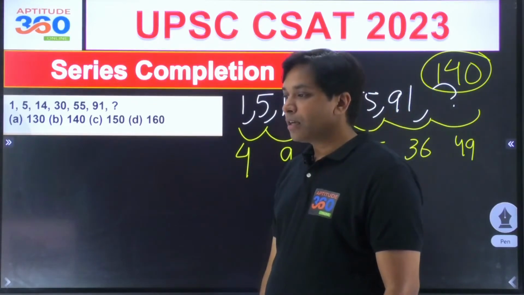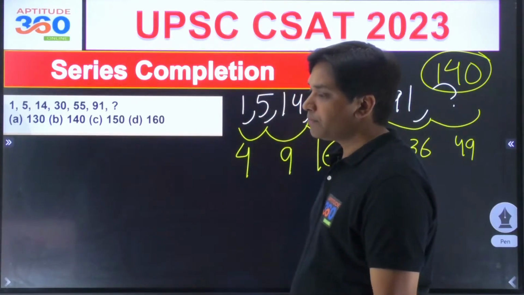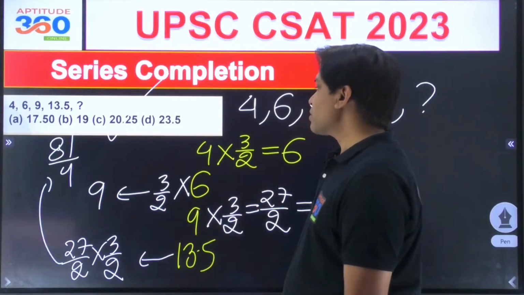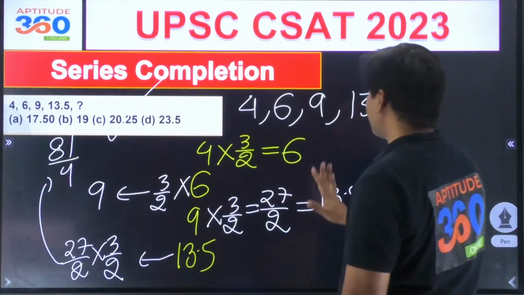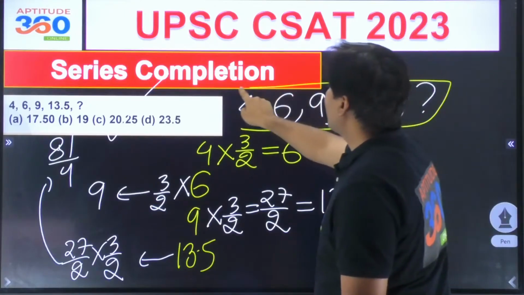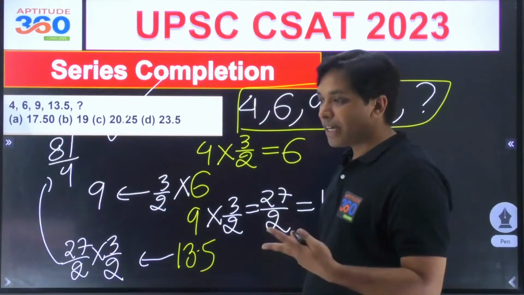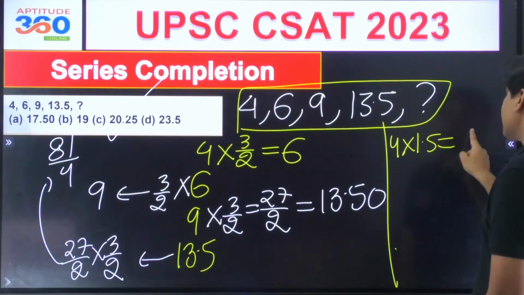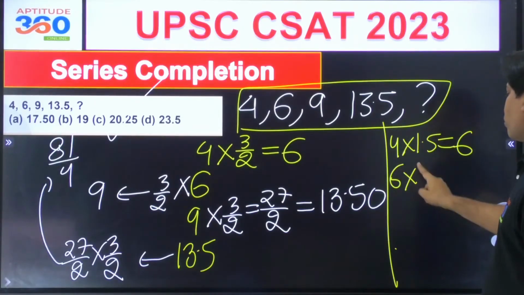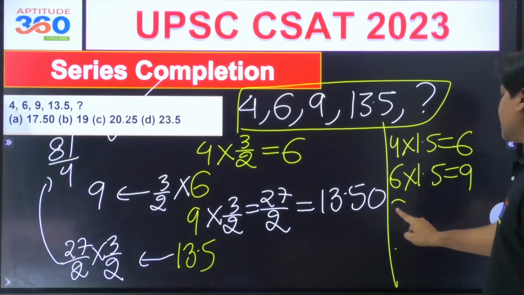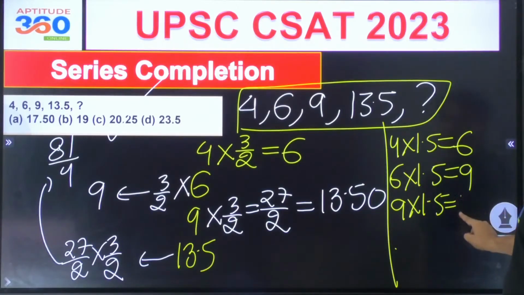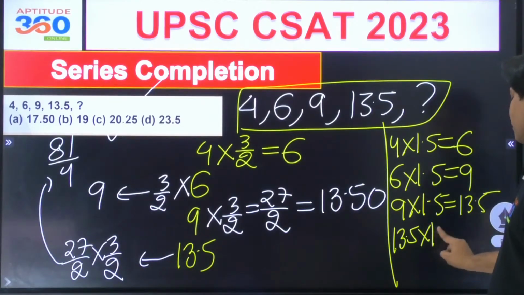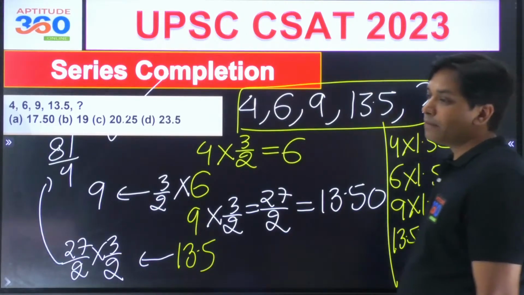Prisha, the previous problem. Which previous problem, Prisha? This one? Hold on, everybody. Prisha, are you talking about this problem? So what is that I have done? In this, all the terms are getting multiplied by 1.5. So 4, look child, 4 into 1.5. Aren't you getting 6? And 6 into 1.5. Aren't you getting 9? And 9 into 1.5. Aren't you getting 13.5? And then 13.5 into 1.5. Can we do this? Can you do this? Is that okay?